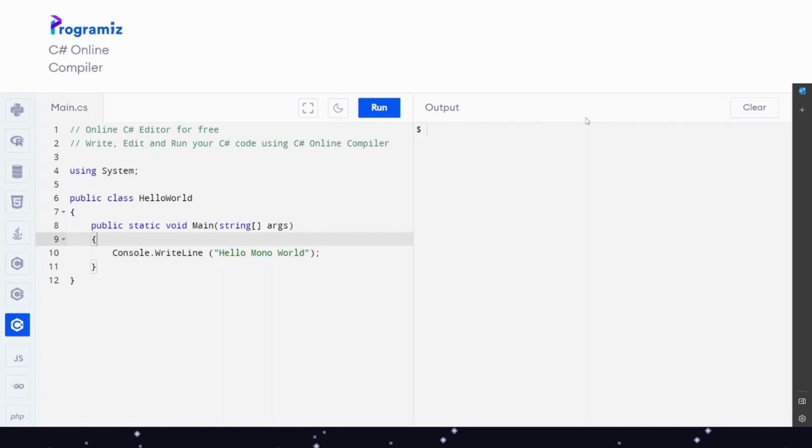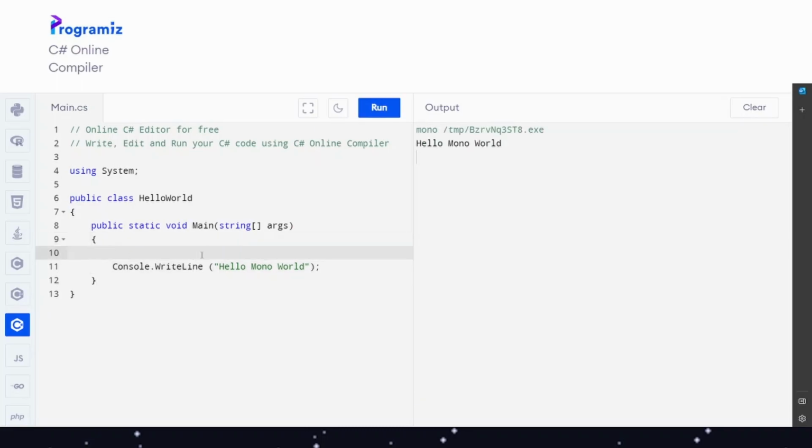Now we're back in Programiz, and as you can see, we got back to the same example with Console.WriteLine, hello mono world. Now if I press run, you can see it works. However, we aren't here to show that Console.WriteLine works. We want to show you how variables are actually declared. We are again starting with the character variable, which is char. Then we can say a character name like output